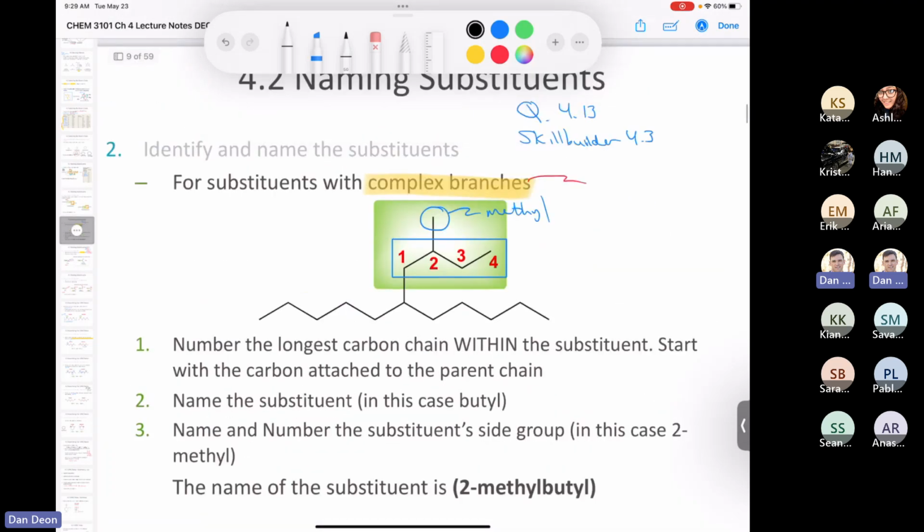That's good. With this one, so Sarah, to answer your question, we would put brackets around this one right here. The only thing is, this one's got such a long chain. I don't know if we covered a chain this long. So let's see. We have 1, 2, 3, 4, 5, 6. Doesn't matter if you start numbering from the left or the right for this one. It doesn't change anything. And so what we're going to do is we'll just start numbering from, I don't know, let's start from the left.